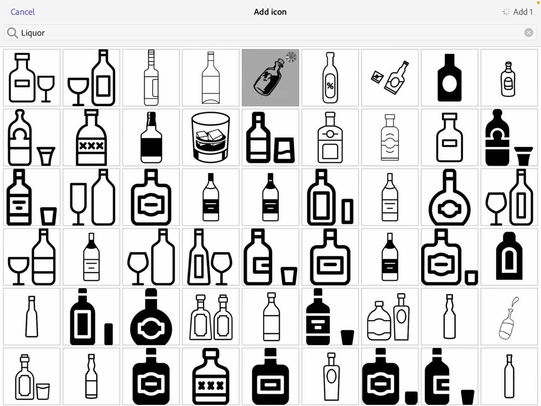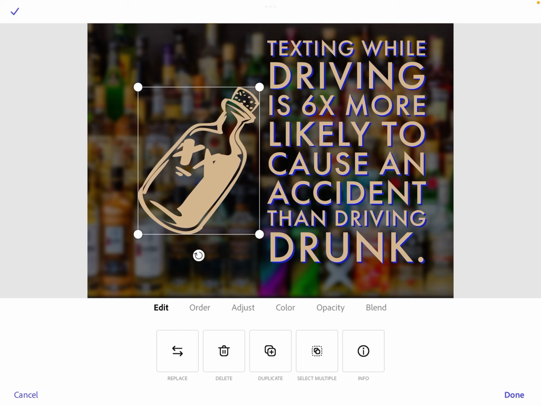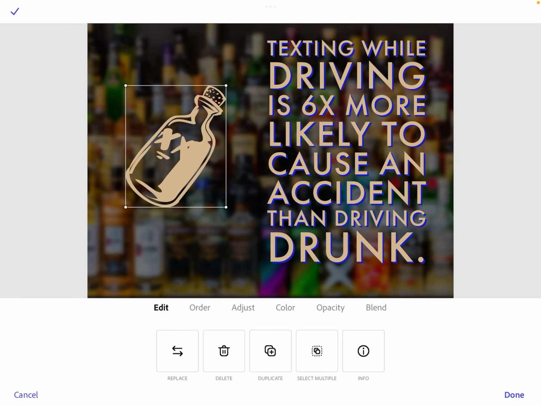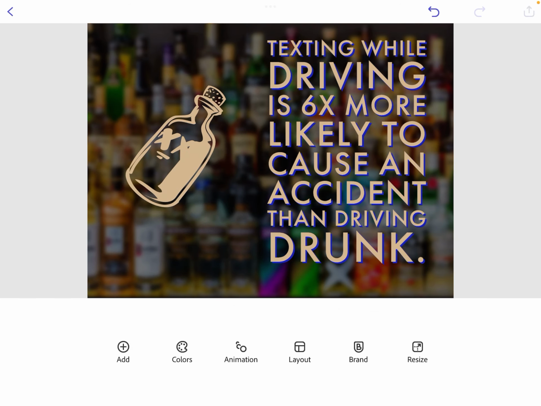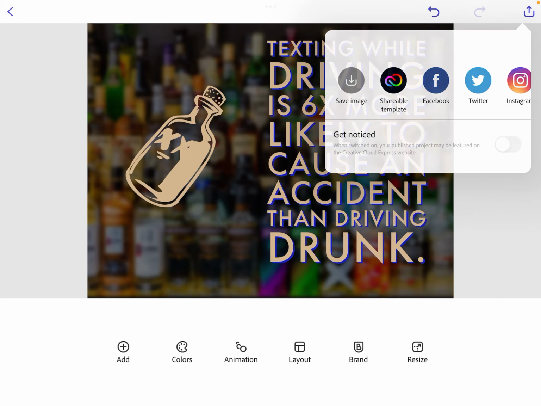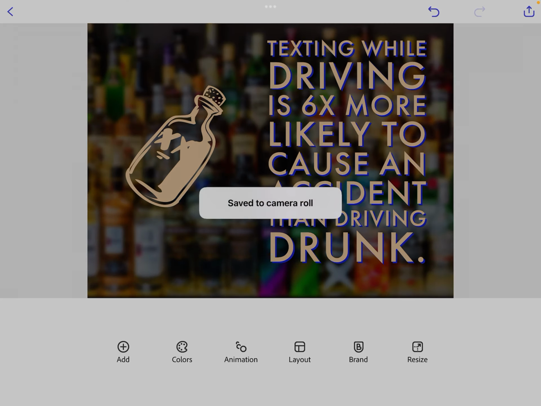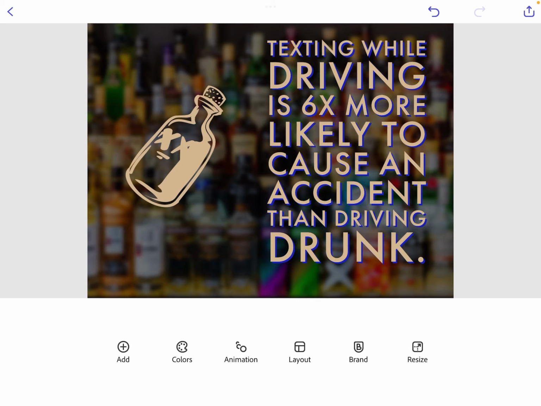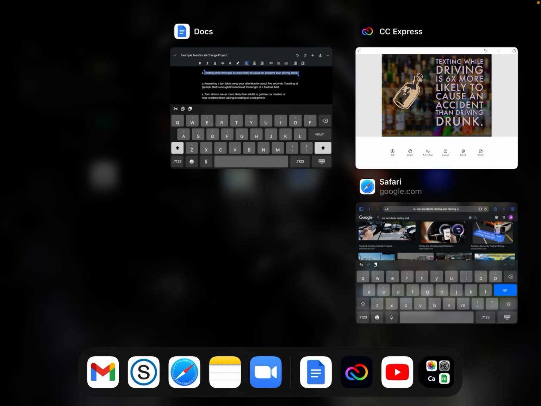So I don't know. I'll go ahead and add this one. So again, that matches the color scheme of my other piece. I can just export, save image. It's got the same font. It's going to look real nice in an arrangement later on my website, using a unified look and